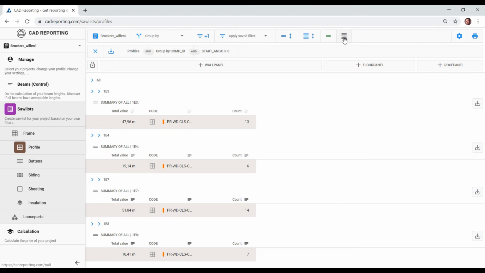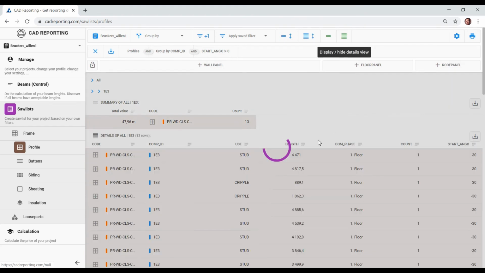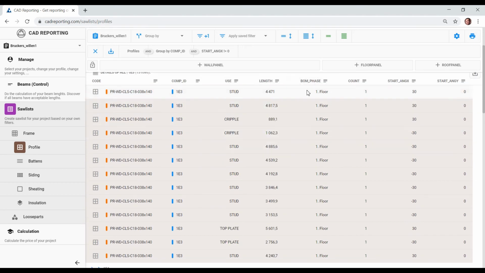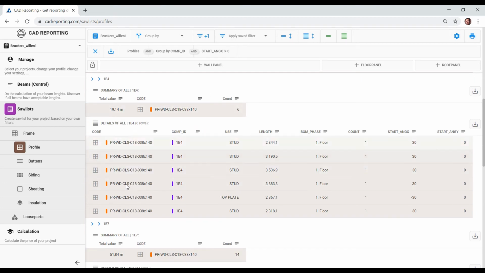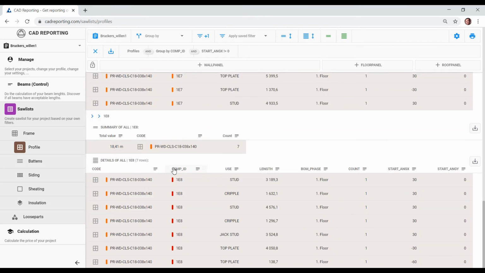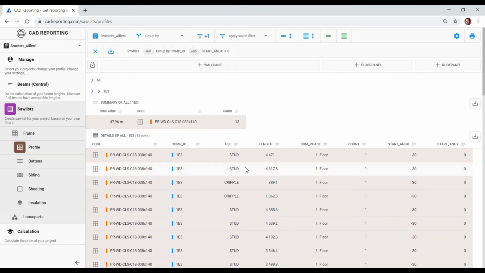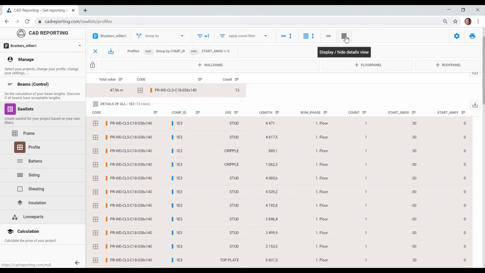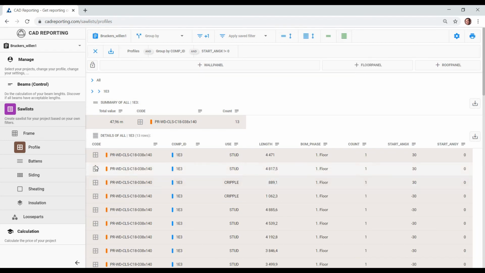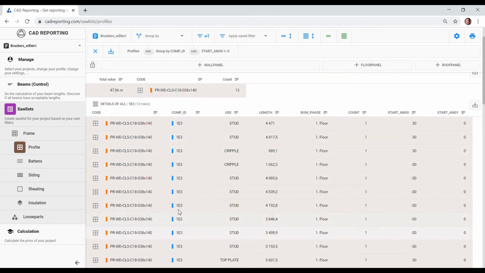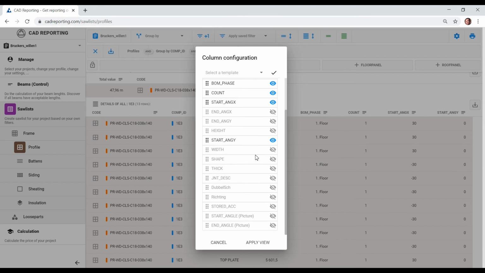I can also choose to display my details. So now I see every different profile in this list, and it does this for every summary differently. If I click this again, it will hide. And also the layout of these details can be altered here. For instance, when I want to see the start angle, I click here,